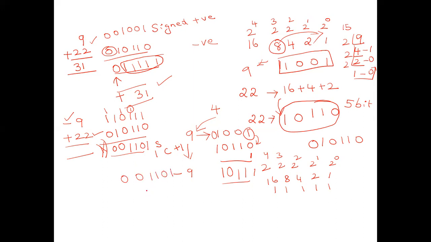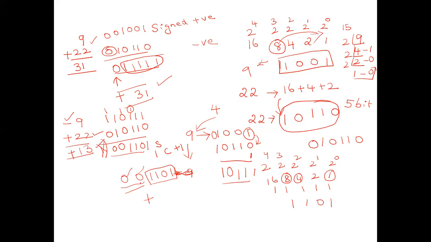Fine. Now, see the most significant bit. Which one is the most significant bit? The most significant bit is this one, 0 and 0. You can have any number of zeros, but 0 means it is a positive number. And the remaining bits are 1, 1, 0, 1. So the meaning is 8 plus 4 is 12, 12 plus 1 is 13. Obviously, if you do it using decimal addition, you will get the answer as plus 13.